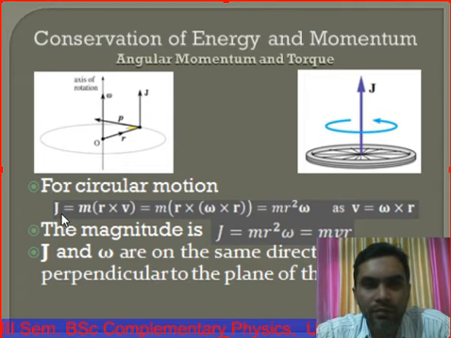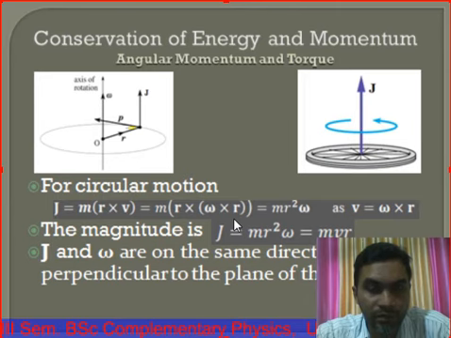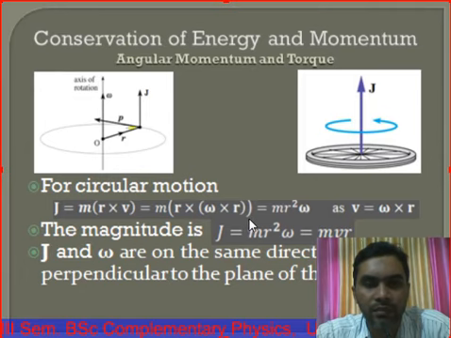So for circular motion, the angular momentum j mathematically can be written as m into r cross v, that is equal to m into r cross of the velocity v, which is omega cross r in the case of a circular motion. So this is a cross b cross c, that is equal to a dot c b minus a dot b c. That is, it is equal to mr square omega. We get it as mr square omega,